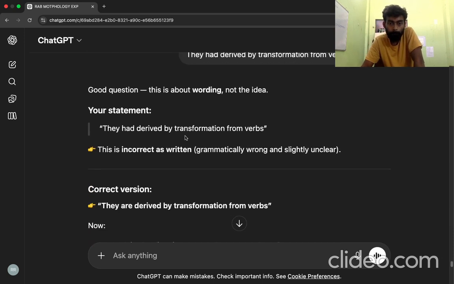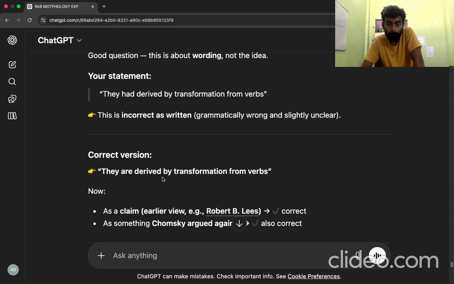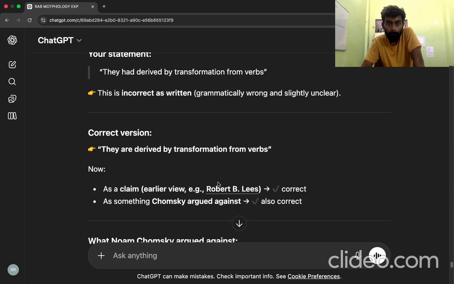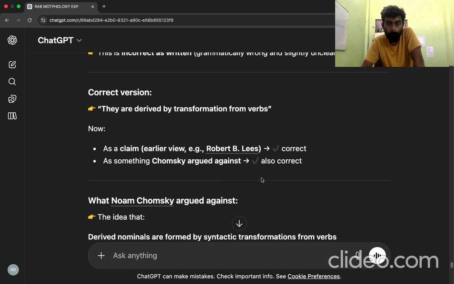This is incorrect as written. Grammatically wrong and slightly unclear. Correct version: they are derived by transformation from verbs. Now, as a claim, an early view, for example Robert B. Lees's, correct. As something Chomsky argued against, also correct. What Chomsky argued against: